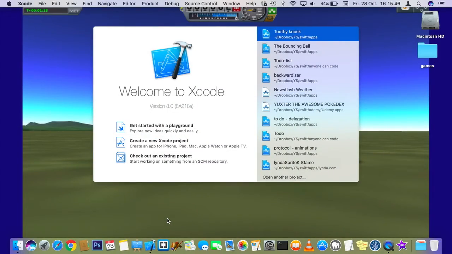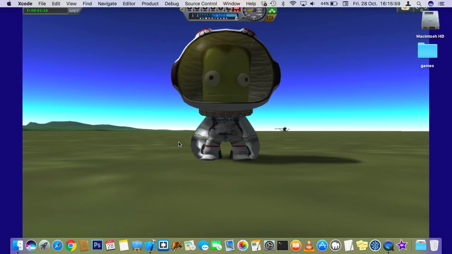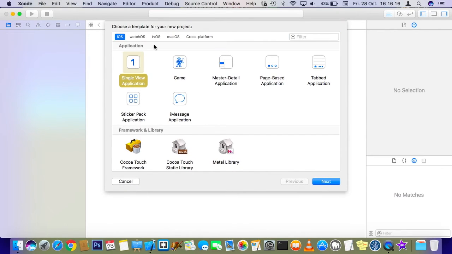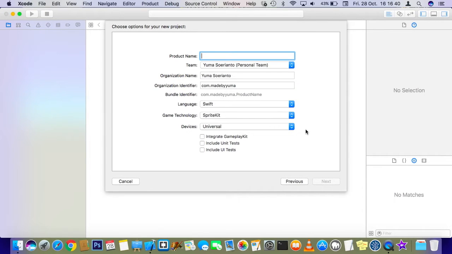Okay, so here we are. Create a new Xcode project. You might be thinking we're gonna do single view application again, but this is a game, and you can use single view application, but it'll be a lot harder to make. So we're gonna use game here, iOS application game, and we'll call this Toothy Knock. I'm gonna call mine Toothy Knock 2 because,